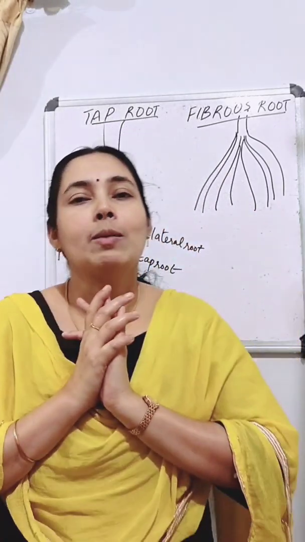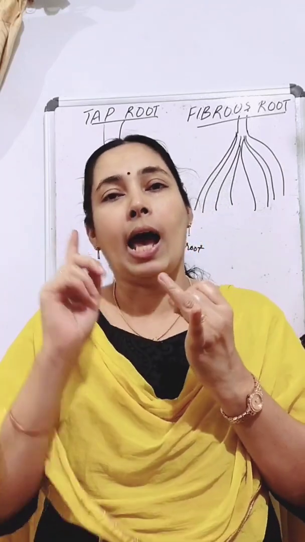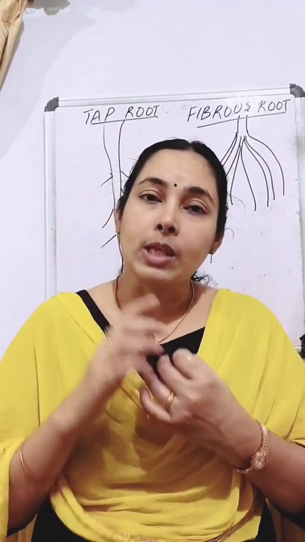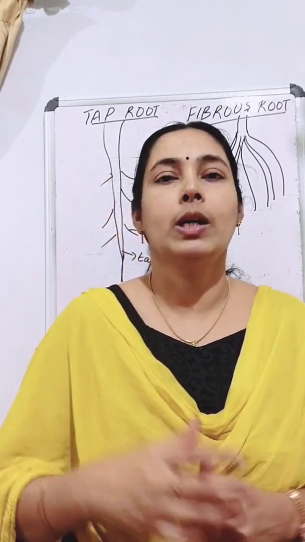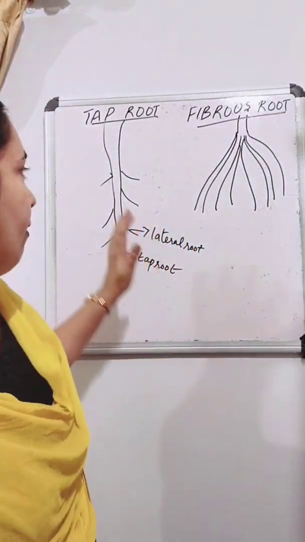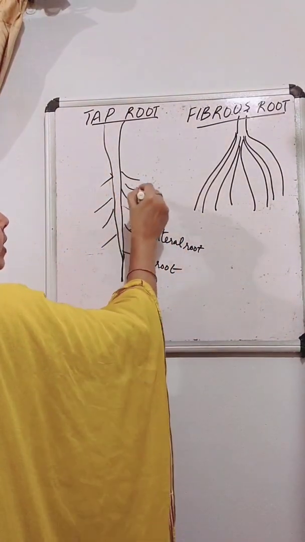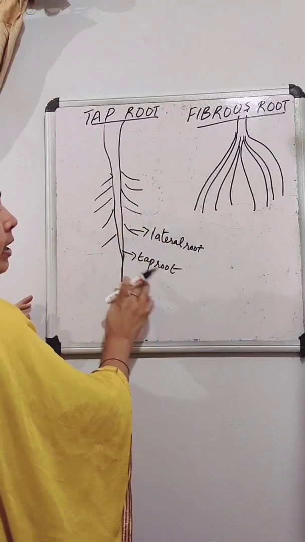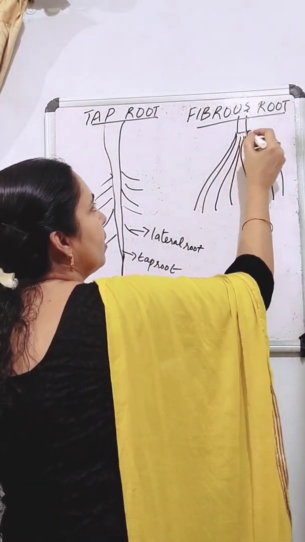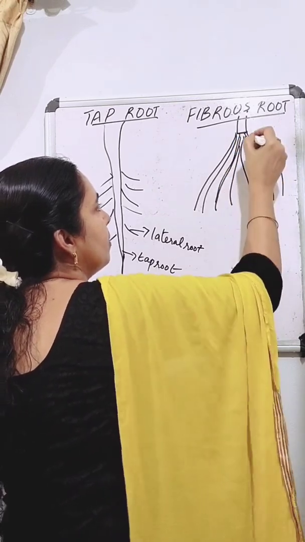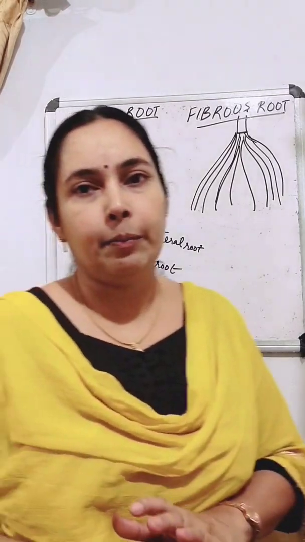So which are the two types of root? Two types of roots are tap root and fibrous root. So some plants have tap root and some plants have fibrous root. So tap root means it will have a thick main root in the middle and so many smaller branches called lateral roots arise from the tap root. Fibrous root means all roots arise from the base of the stem. Similar sized roots arise from the base of the stem.